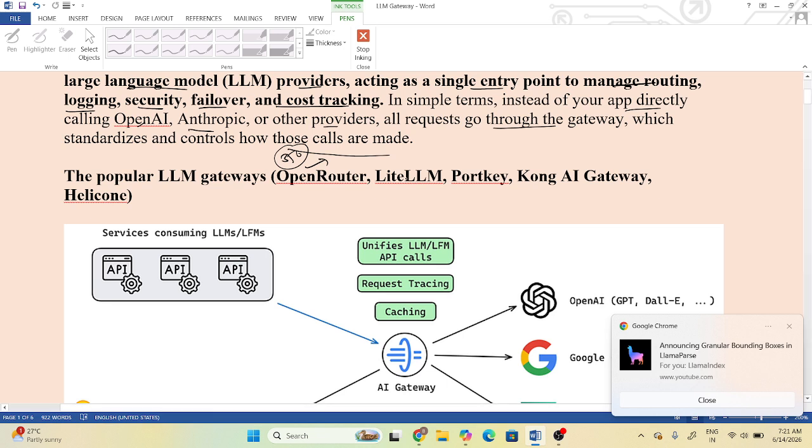And then another one is LiteLLM. This is also another gateway to connect your app with multiple LLMs via LiteLLM. And then Portkey. Portkey is also another service. And then Kong AI Gateway. And then Helicone is also another popular LLM gateway to connect your app with different LLM models